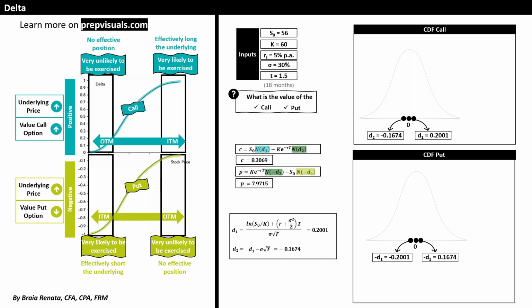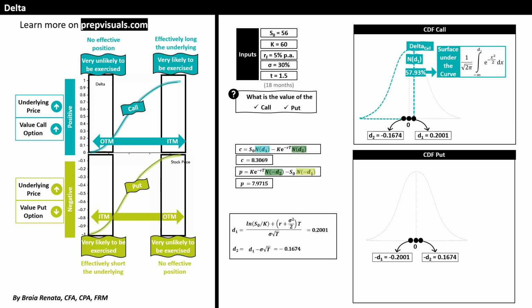And basically, what I want you to understand is that N(D1) is the surface under the curve from minus infinity until D1. And if we look this up in the statistical tables, we would get this value over here,